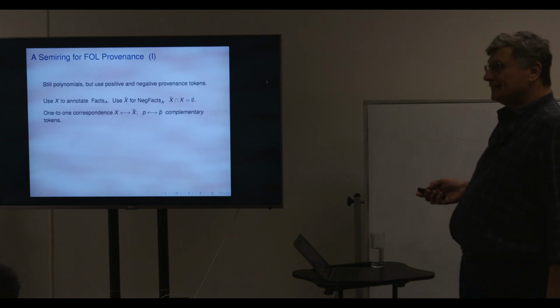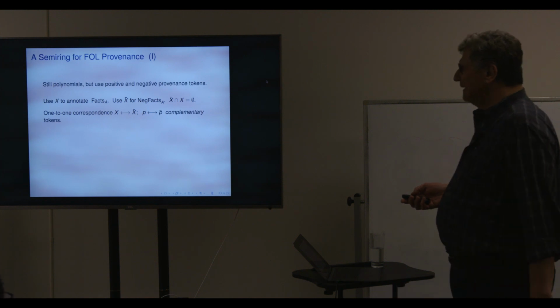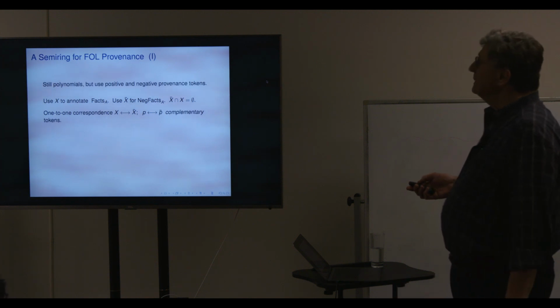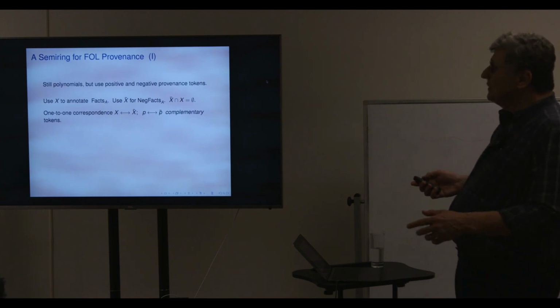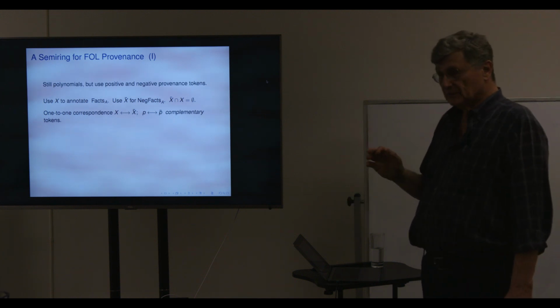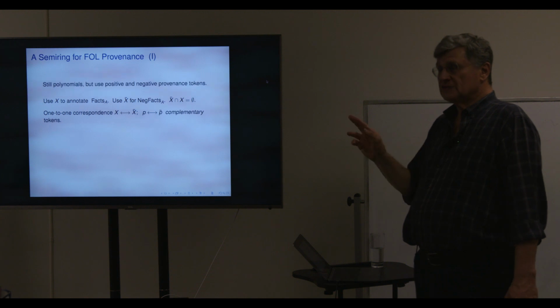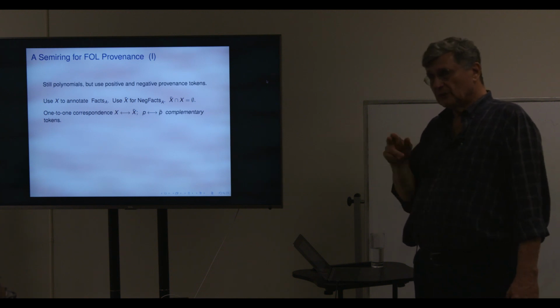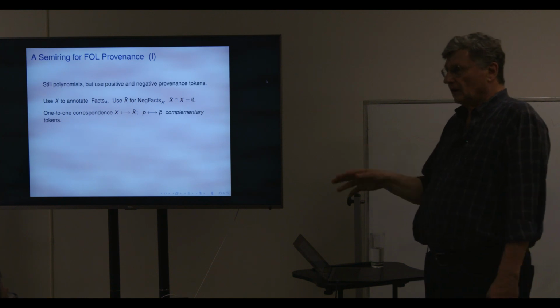So now, I don't have a database either. So we're going to use, for the negative facts, a mirror image of X. We're going to call it X bar. Its elements are going to be in one-to-one correspondence with the elements of X. And,